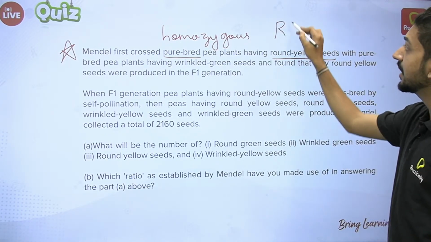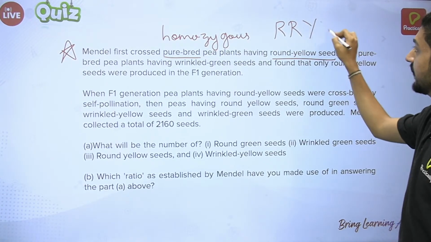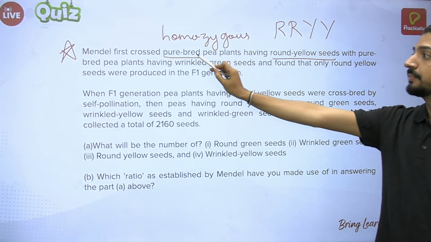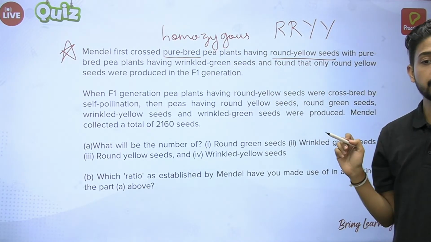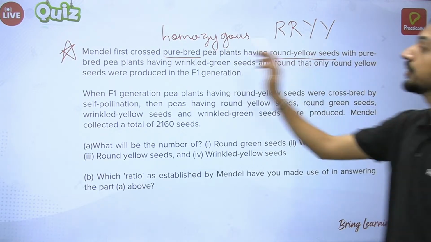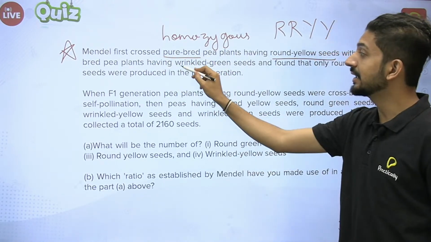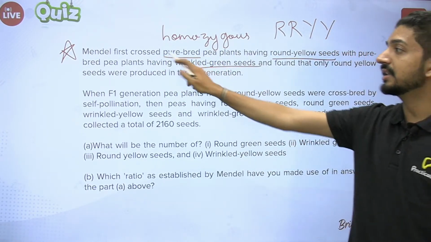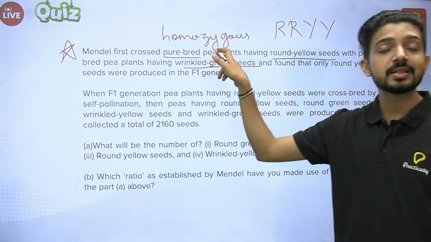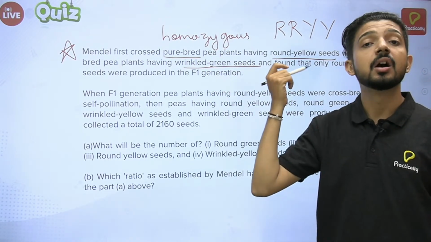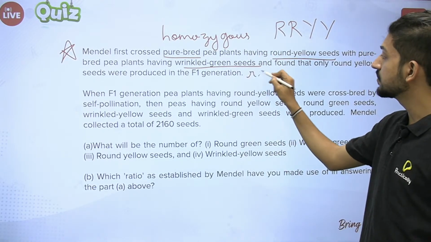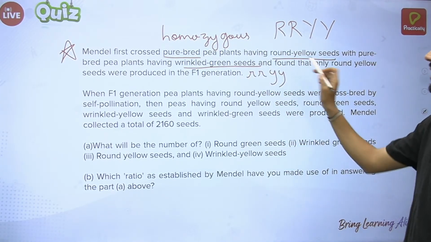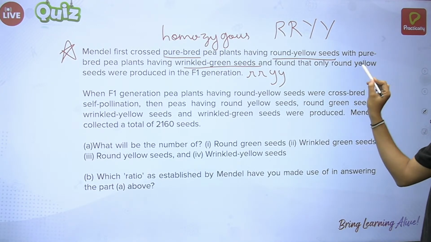You represent it as capital R, capital R, capital Y, capital Y. Okay, and purebred, that's why it's homozygous, that's why we have both capitals over here. Now, purebred pea plants having wrinkled green seeds, again this is purebred, homozygous, but this is wrinkle and green, which we know are recessive characters. So we'll represent it as small r, small r, small y, small y, and found that only round yellow seeds